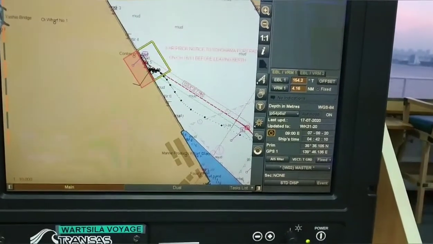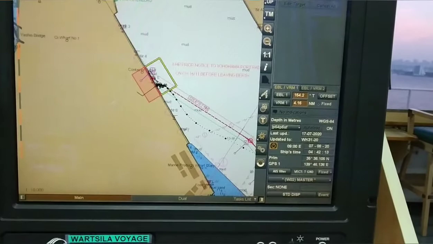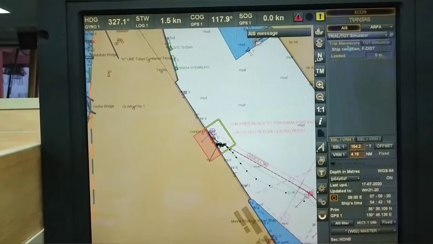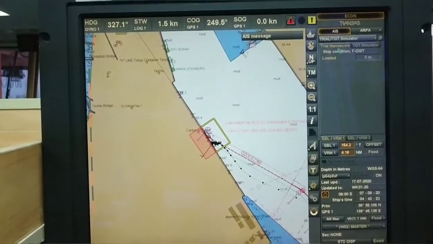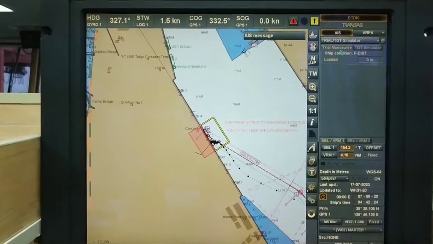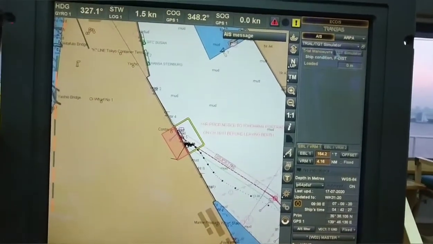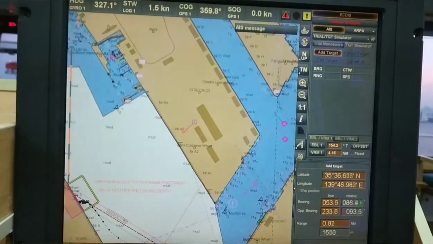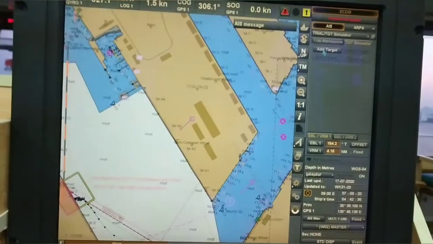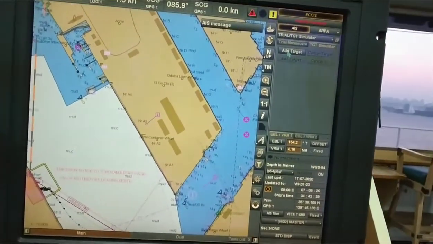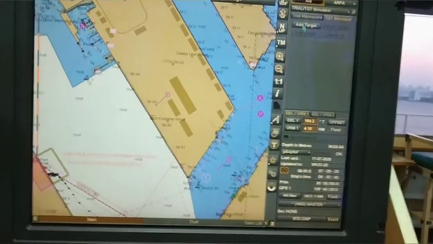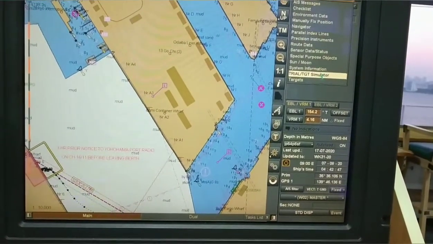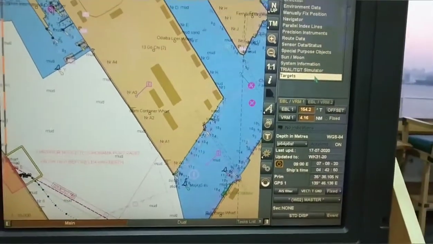Then this is trial. This is called trial maneuver. Suppose I want to take an evasive action against any vessel. So I'm in doubt how many degrees I should alter my course. So I can choose this trial maneuver. Just add the target, whichever target you want, and then under your course alteration and speed, it will show your vessel's motion, how it will pass. It is a kind of great help while doing navigation in tight channels.